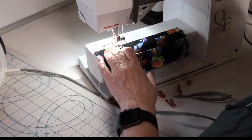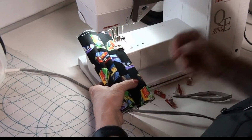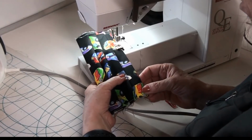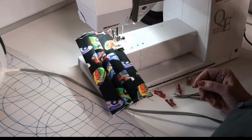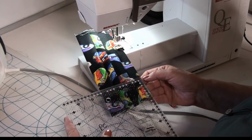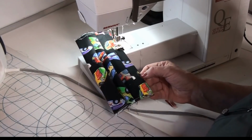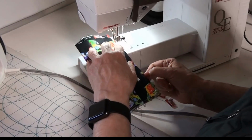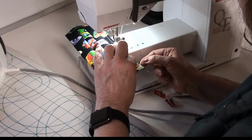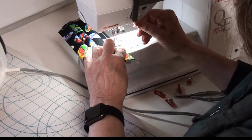Okay, there, I think there is good. I'm going to go across about 1/4 of an inch, and the place that I was going to stop, I think, was, where was it? Well, I can't tell for sure. I need a white pencil, but you know what? I can just look. Okay, so I can see that it's right here, right there where that red part matches. So I'm just going to stitch down here. And then I'll just backstitch